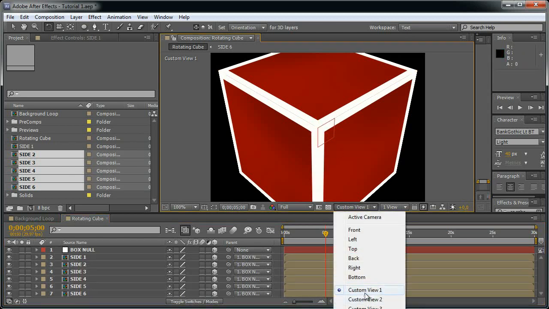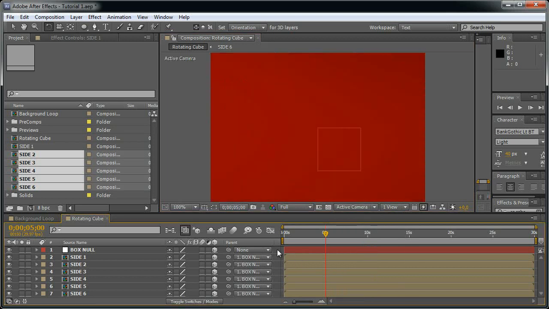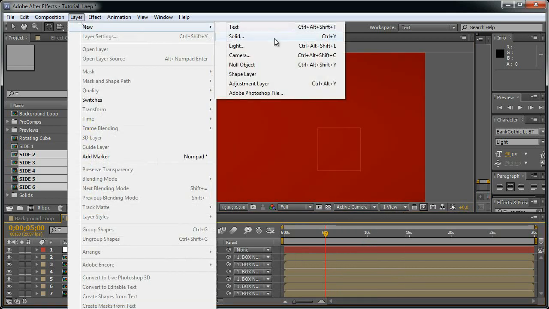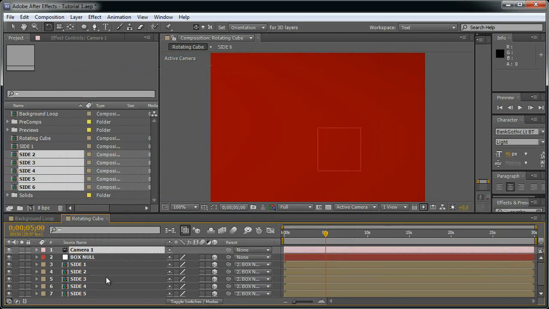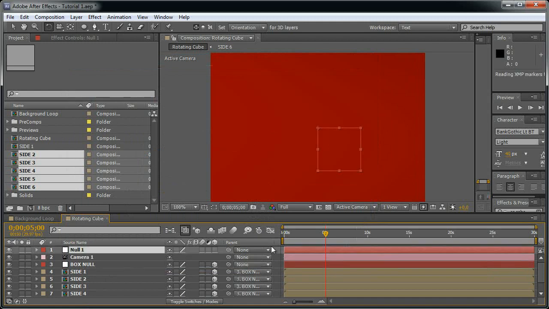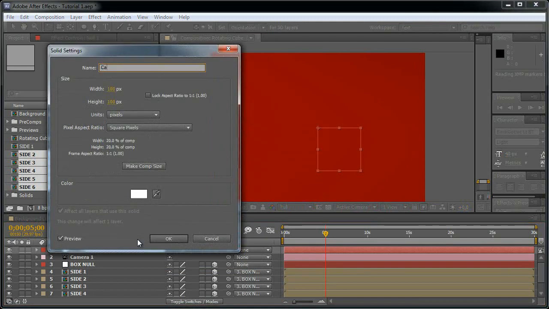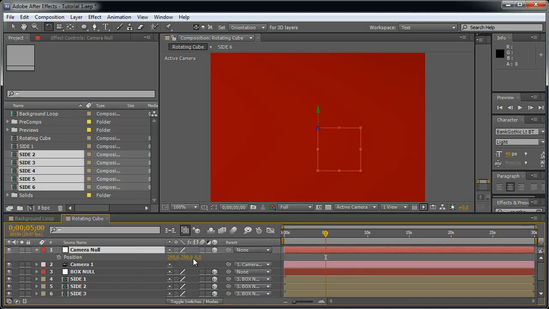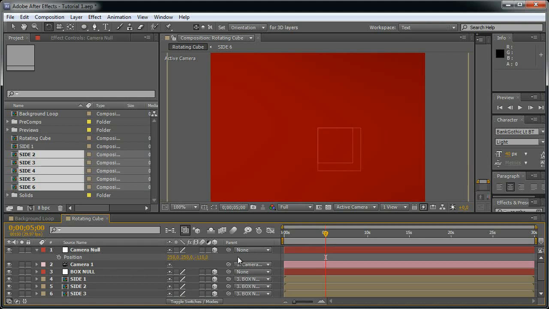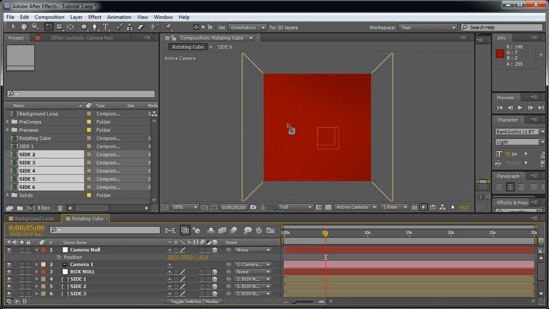So let's go to the active camera and let's create one in camera, 35mm, hit OK, and let's create a new null object and let's rename it to camera null. Make it a 3D layer, link the camera to the new object, hit P for the position and just move the camera a bit like so,